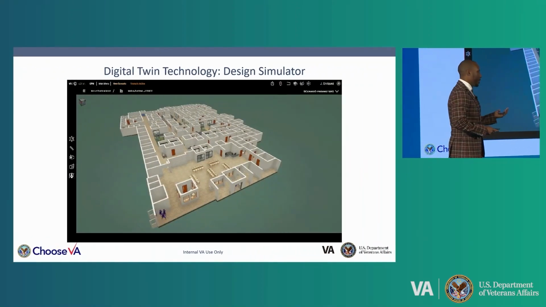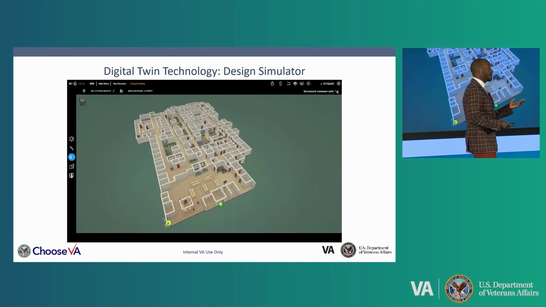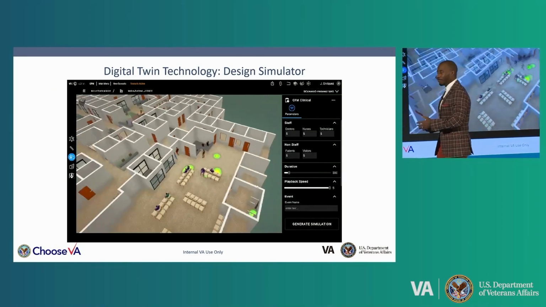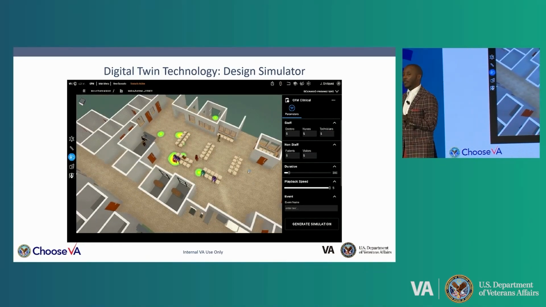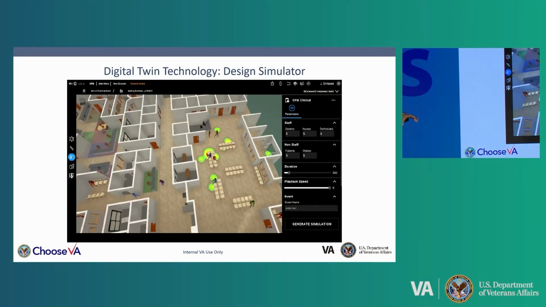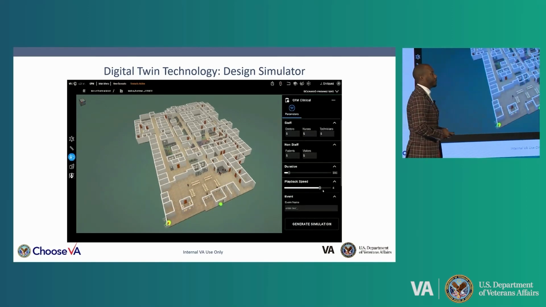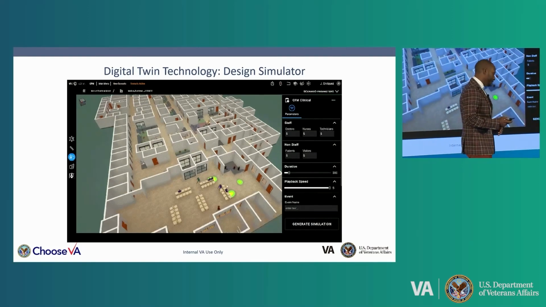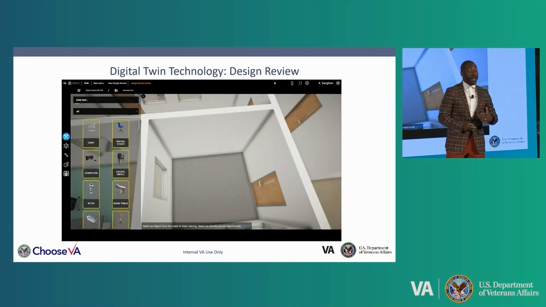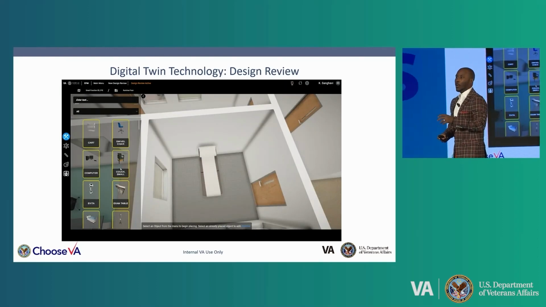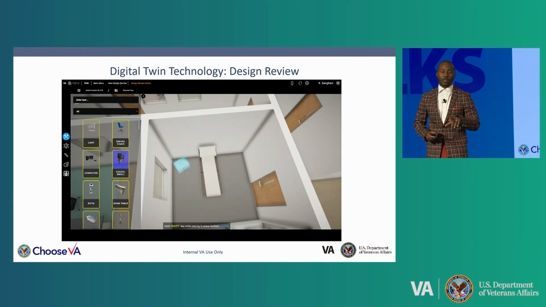Let's say you want to see about mass casualty events, or how wait times are affected based on what you designed, or how traffic patterns are affected based on how you lay out your furniture in your lobby space. You're able to do that. Let's stay on furniture a little bit more. This tool gives you the ability and opportunity to add, delete, or rearrange furniture within the exam space.